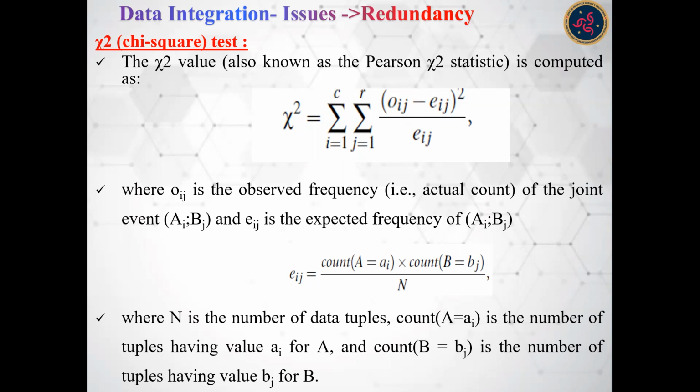So what is this Eij? How can we find out the expected count? It is the count of attribute A having the value Ai, multiplied by the count of